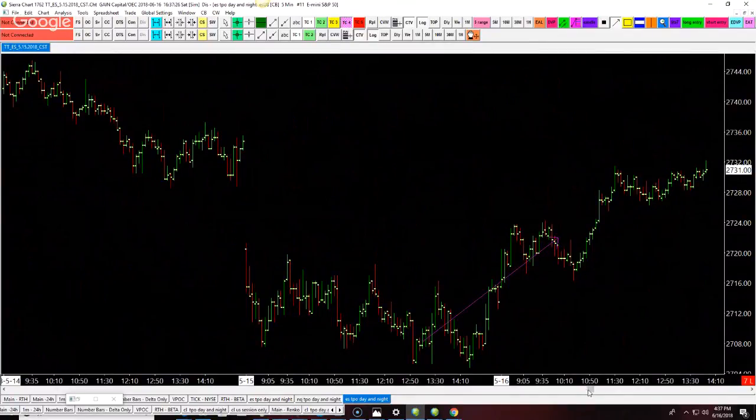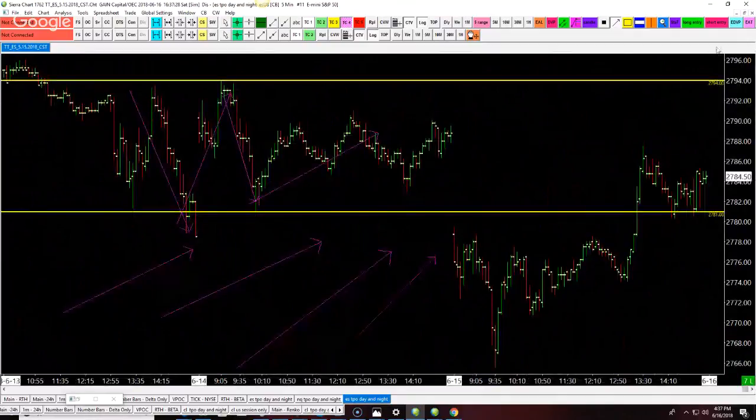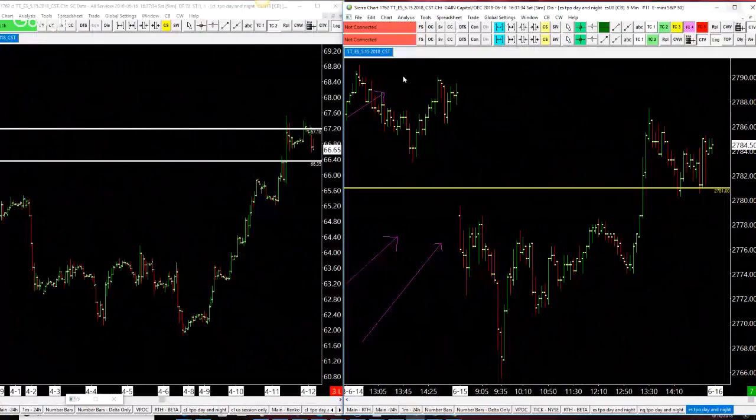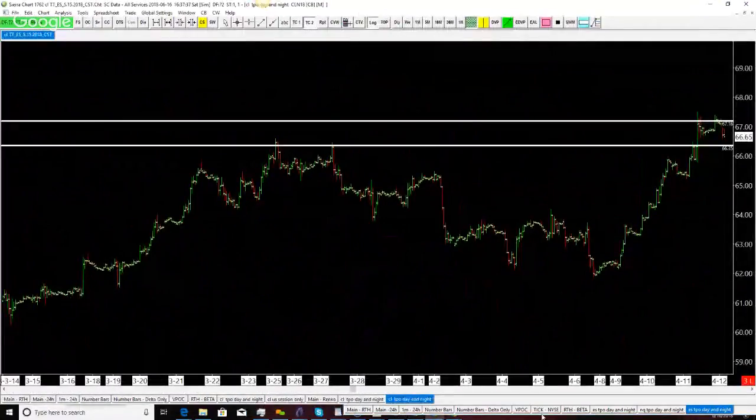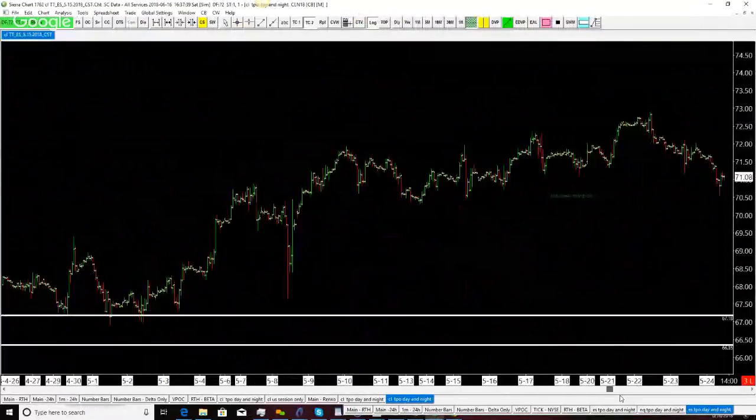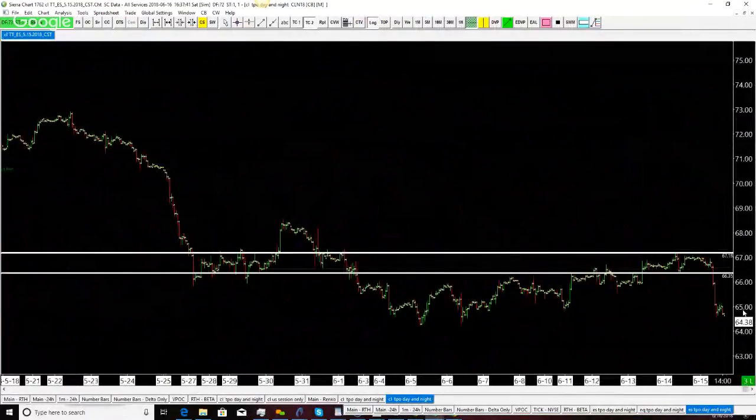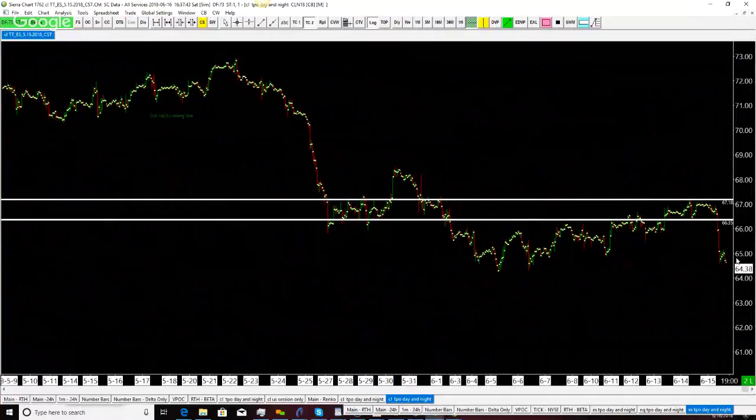So next, let's go to our next thing that we could have looked at that would have given us some distinction as to know when the S&P versus CL was turning. So first we'll start with CL. What was different about CL on Friday? So I will tell you I was down 10 ticks at the end of the day on Friday.